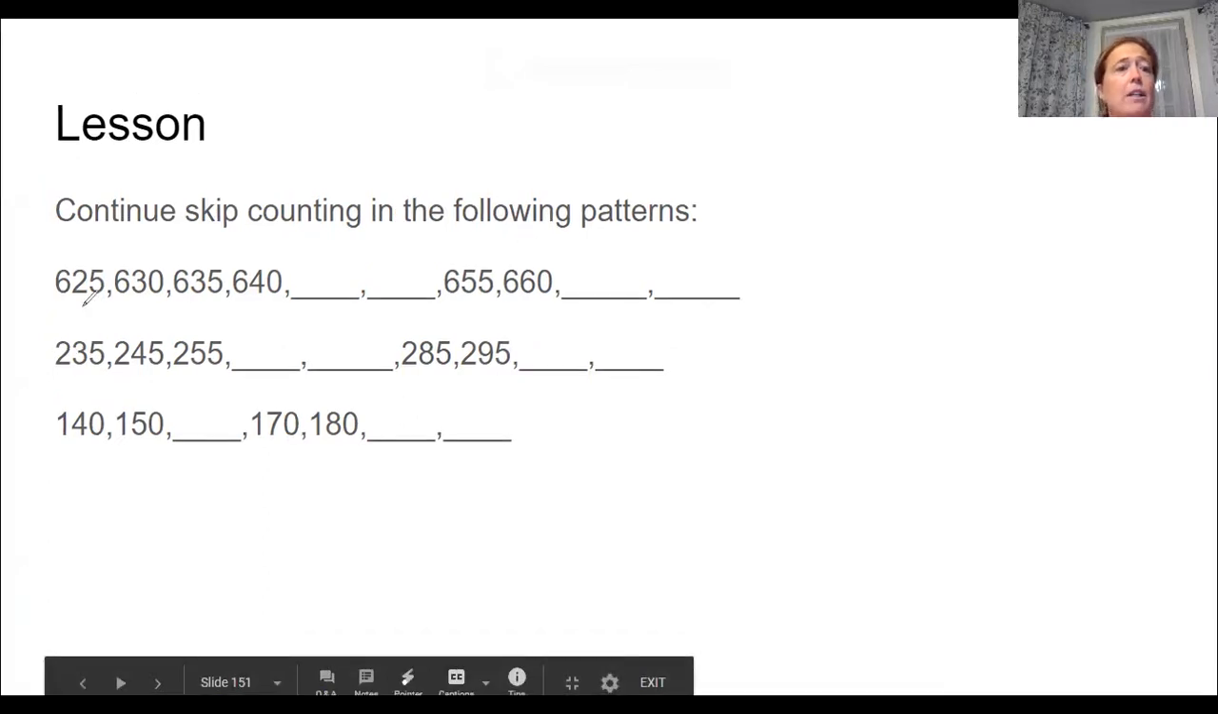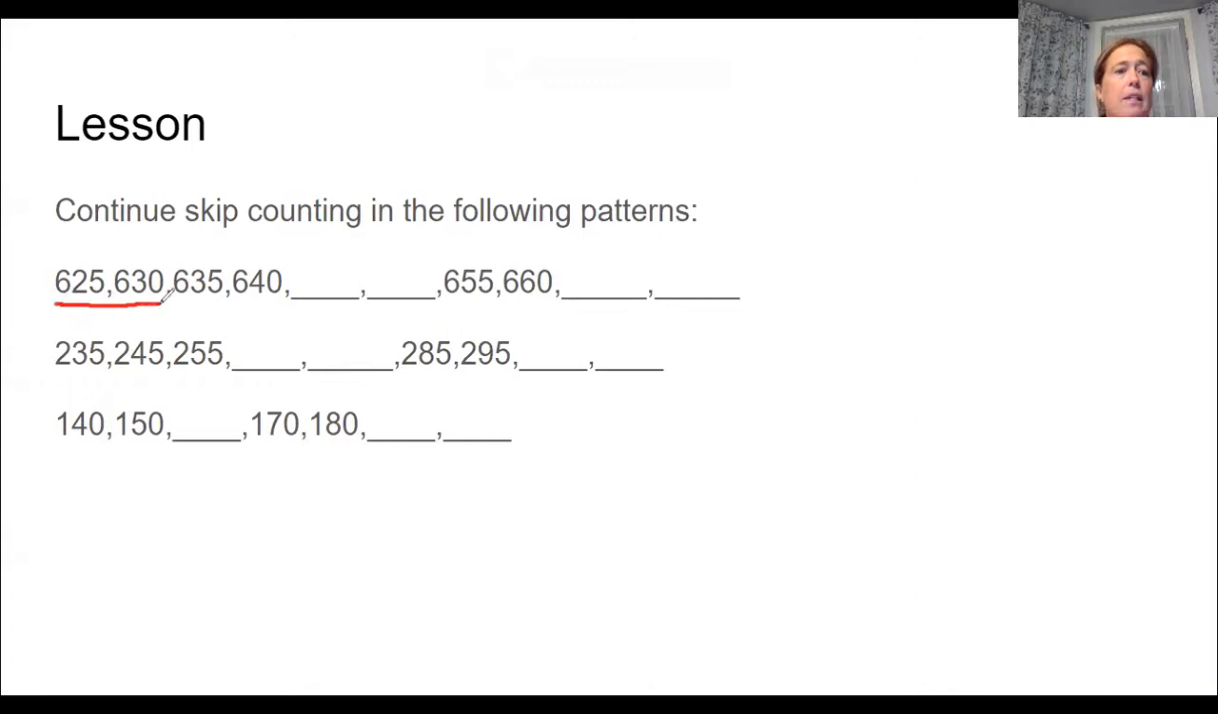So I look at the first two numbers and I see that from 625 to 630, there are 5 numbers. So I know that we're skip counting by 5. Just to double check, I'm going to check the next one. And if I go from 630 to 635, I am skip counting by 5s. So 625, 630, 635, 640,